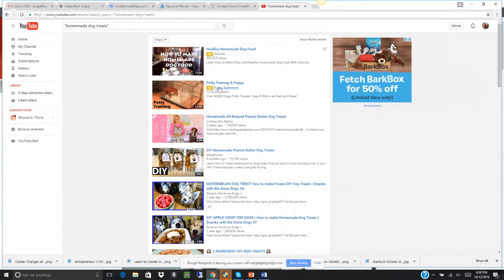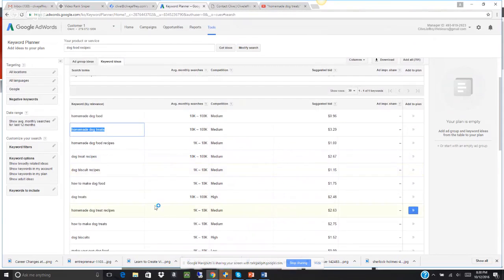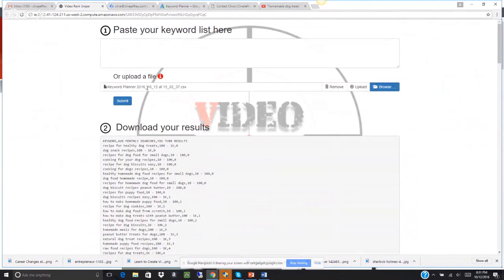So what I've done is I've gone back to the keyword planner, and I've just downloaded. Click here, and it's basically going to download all these different keywords, and it'll do it as a CSV file. And then what I do is I come over here to the tool, and all I do is I browse for my CSV file that I downloaded, and it gives me all the different recipes for, and it tells me,